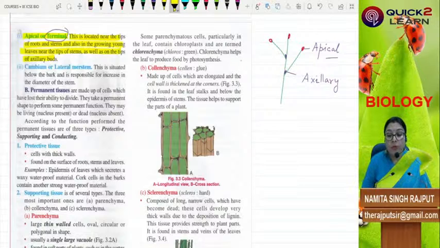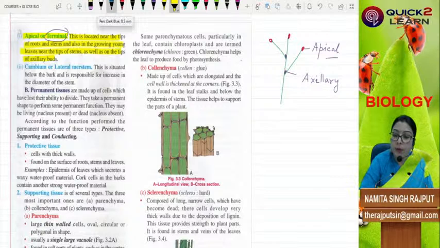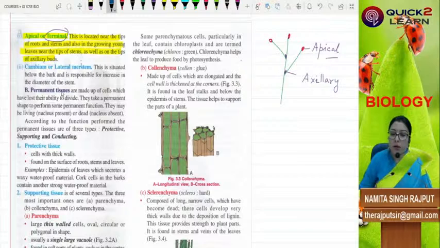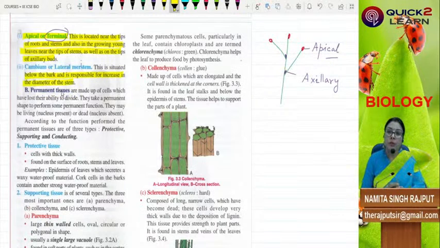Then cambium or lateral meristem. Here in this spelling I is missing. Meristem is M-E-R-I. So this meristem is situated below the bark and is responsible for the increase in the diameter of the stem. As I told you, it increases the girth of the stem. The plant's width, and the stem becoming thicker, is because of this cambium or the lateral meristem. So this was all about your